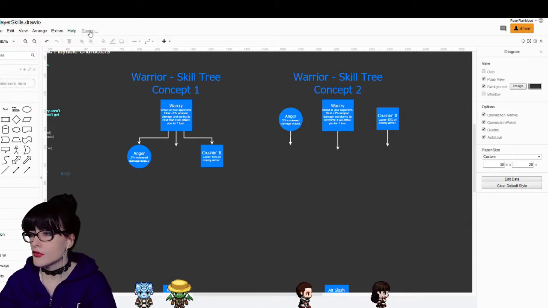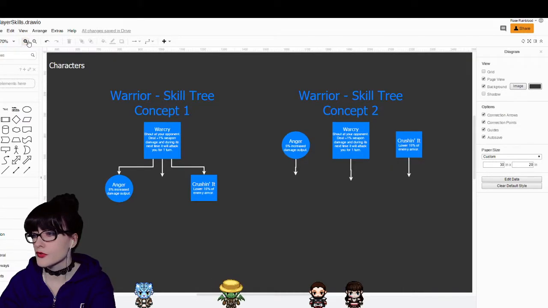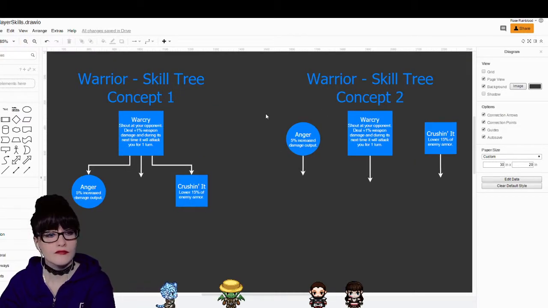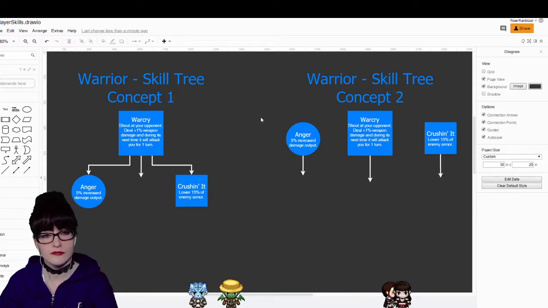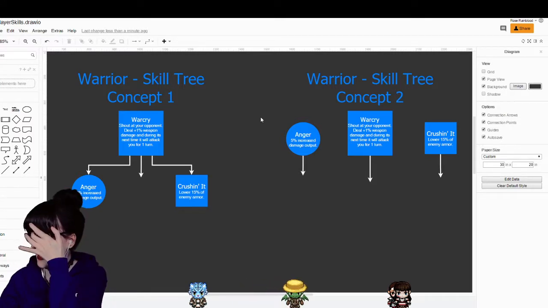And is this set auto-saving now? Because for some reason yesterday it wasn't auto-saving these skill trees, and we'll zoom in a bit closer so you can see. Okay, so